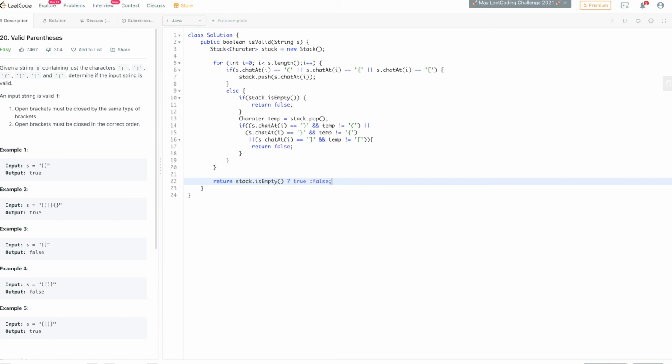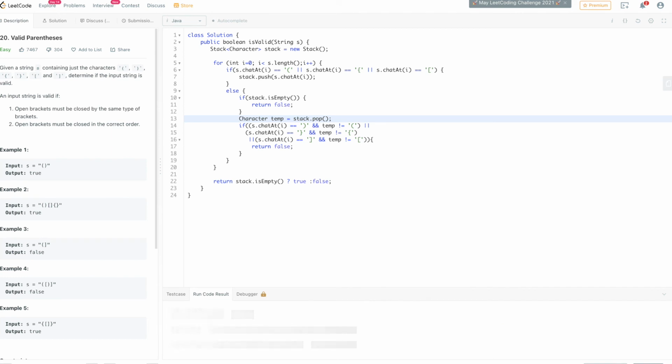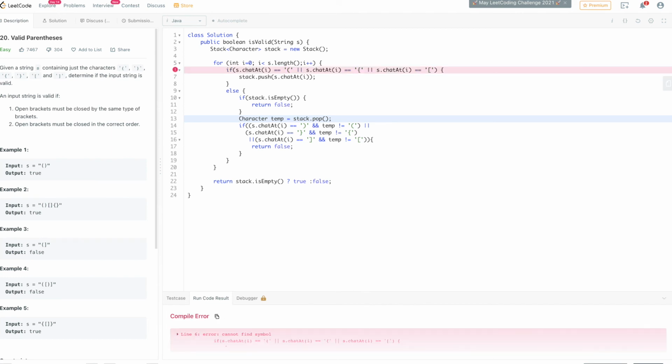Let's try to run this. If I have written it correctly, it should... oh, compilation error. A spelling mistake: here it should be Character, and similarly here. Now try to run it again. Oh, sorry about this, cannot find the symbol.